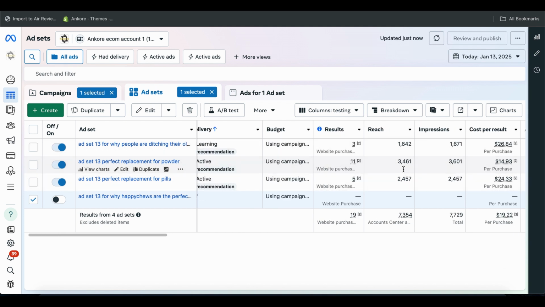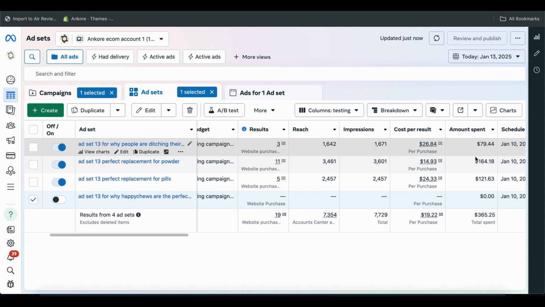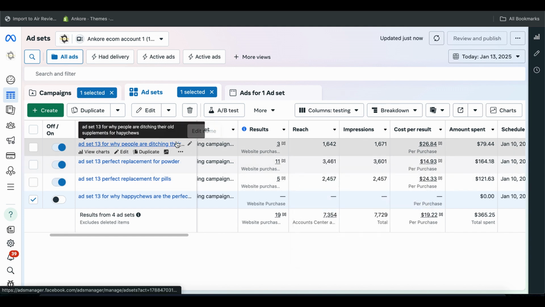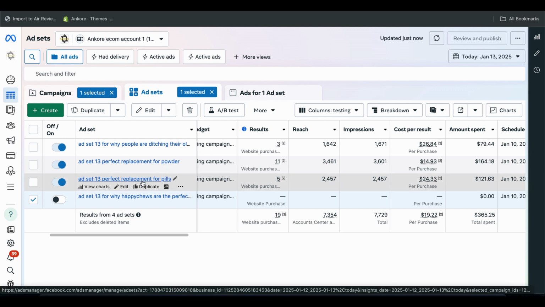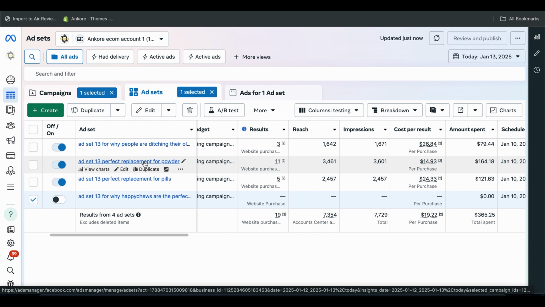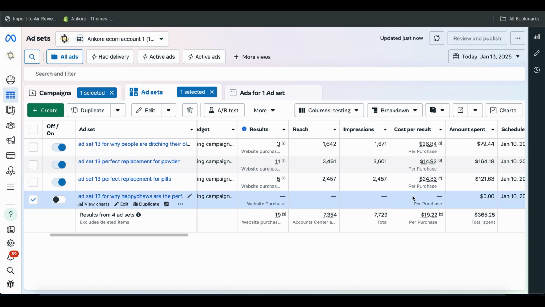So guys, today it looks like every day a different one performs the best. Yesterday it was pills. Today it's like second best, and this one's the first best, when yesterday was the second best. But nonetheless,